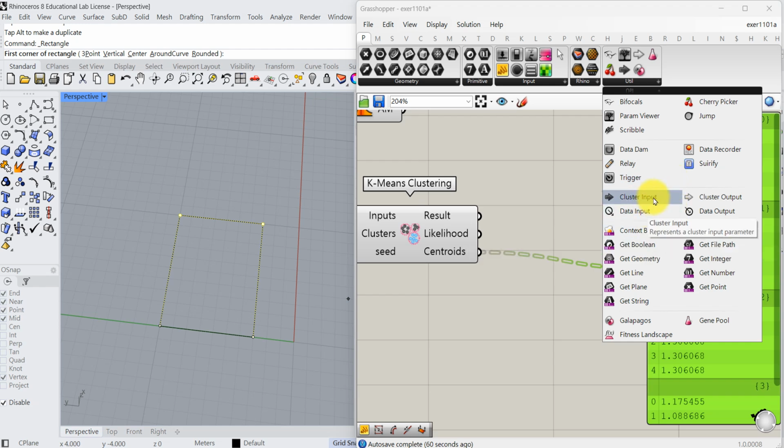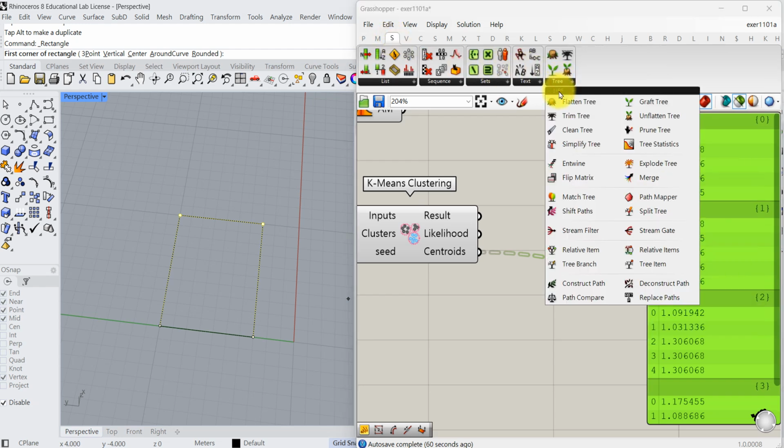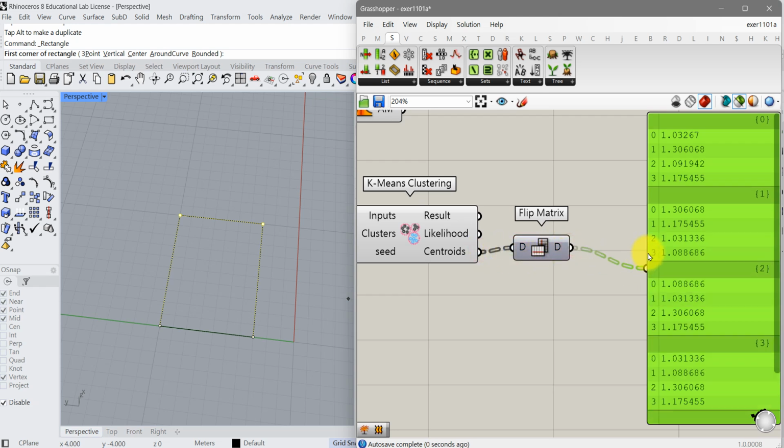Flip it. Oh, sorry. Go to set. Flip the matrix. So it rearranges. So this is the first classification, and these are the groups. And maybe we go further. I want to sort them so that I can see more clearly